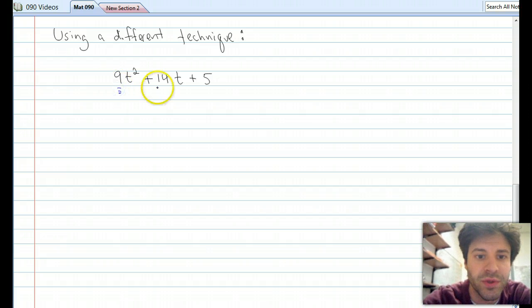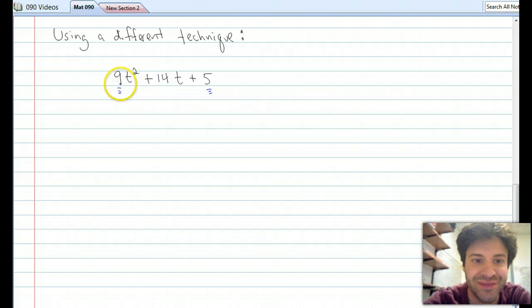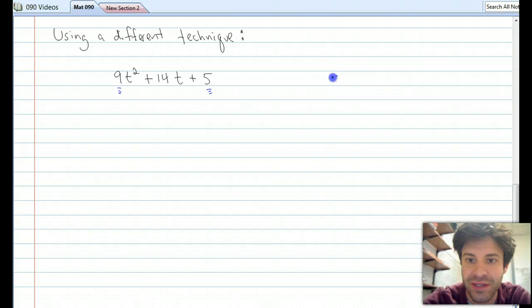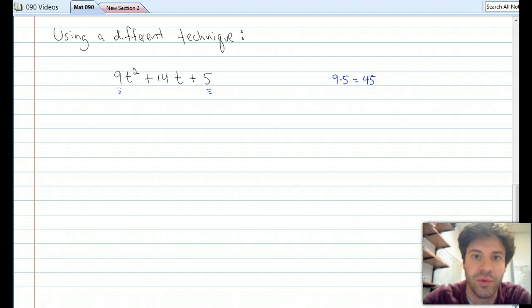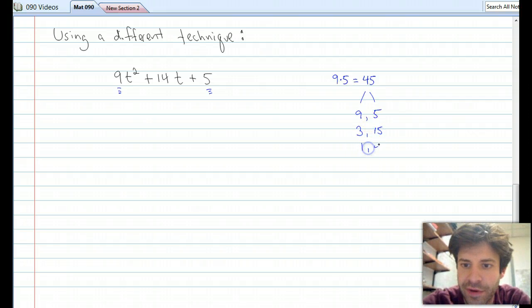What we're going to do is take the first term, the leading coefficient as we call it, the coefficient on the squared term, and we're going to take the constant term as we call it. We're going to multiply those two things together. That's going to give us 9 times 5, and in this example we get the number 45. What we want to do now is make a list of numbers that multiply to get 45. For example, 9 and 5. Two numbers that multiply to get 45 would also be 3 and 15, and 1 and 45 is an option